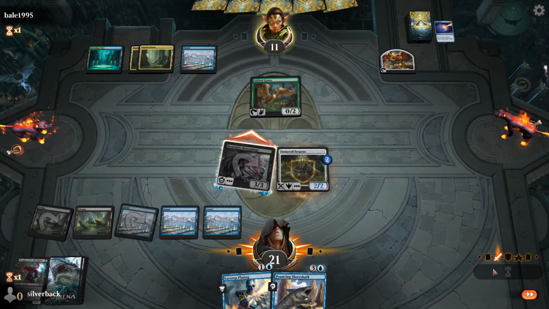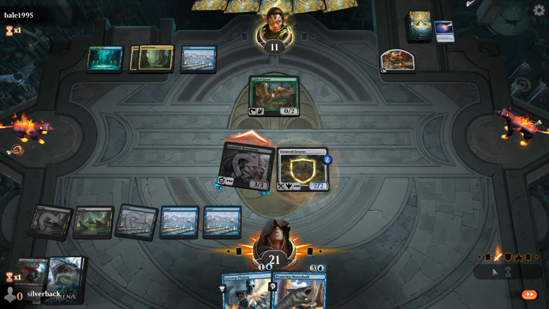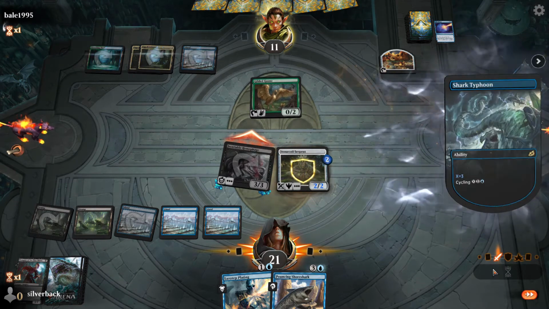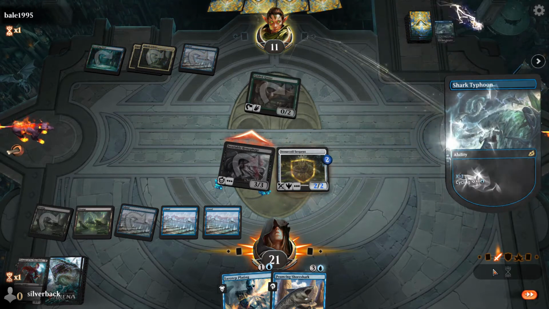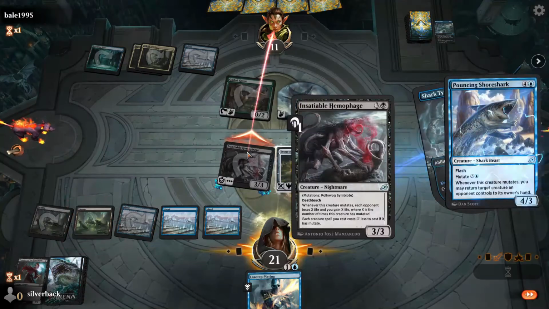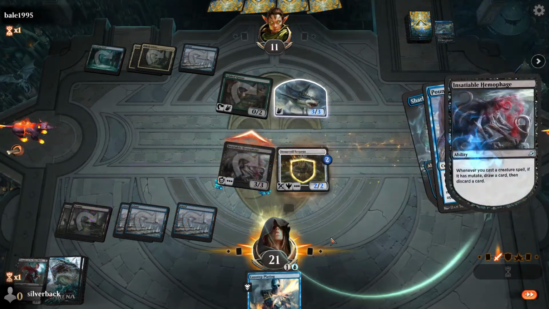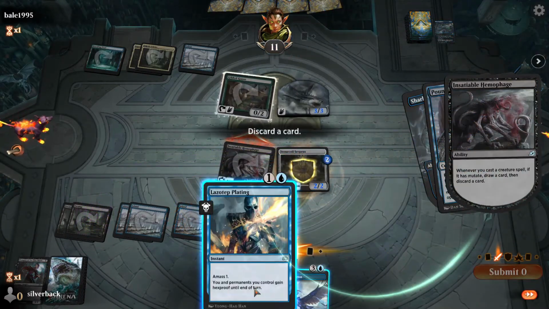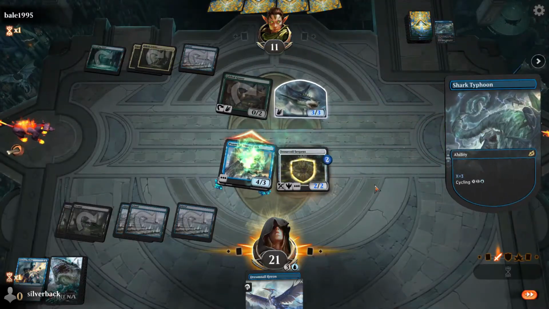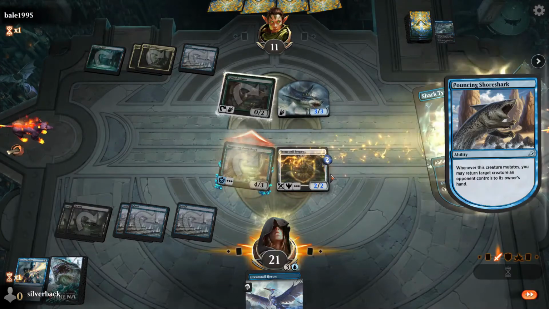Our opponent looks over our stuff. I guess he could block if he's trying to hold out, but he might have... So he cast a Shark Typhoon for 3. That's fine. We'll just bounce it. We'll gain some life. And another Dream Tail's pretty good. I'm not really worried about removal anymore. Though maybe I should be, but...